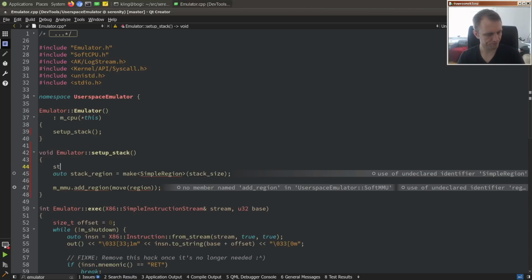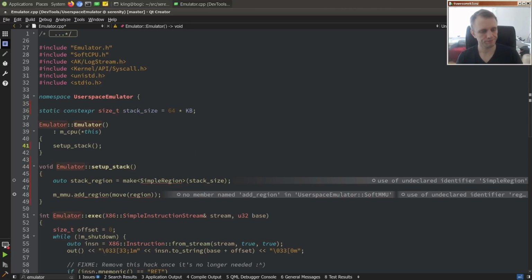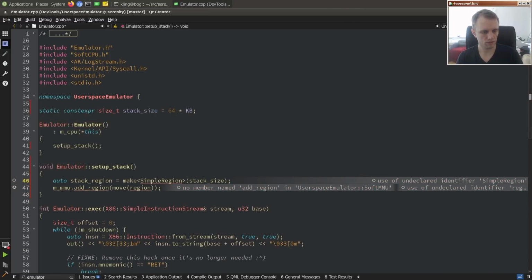Stack size. Something like that. And we'll put the stack at this address maybe. Here, it's kind of a, I don't know, we just need to put it somewhere, so let's put it there. And then